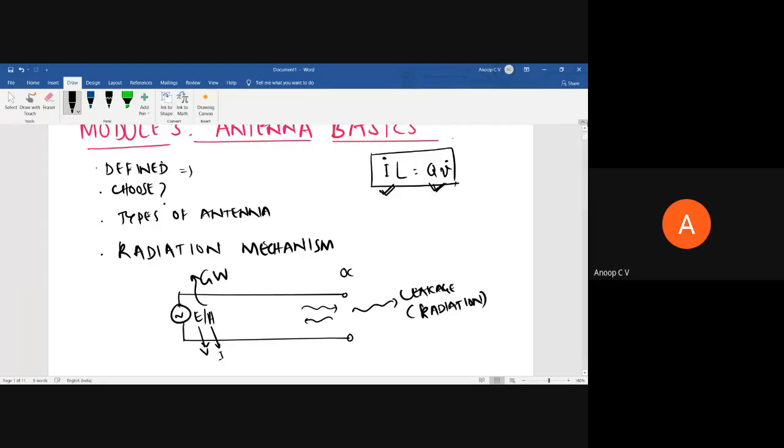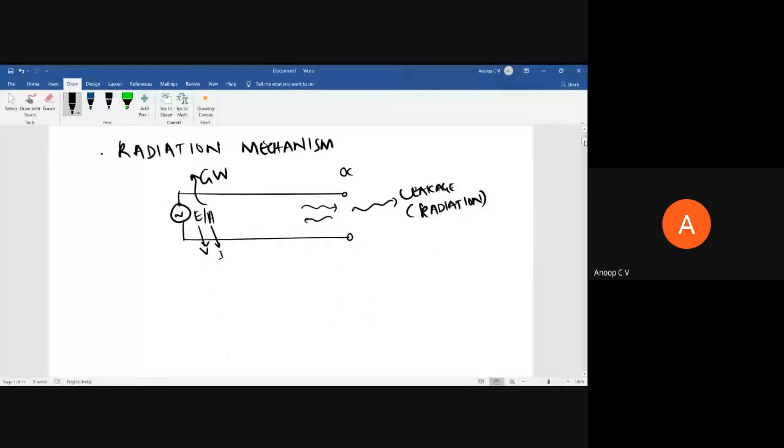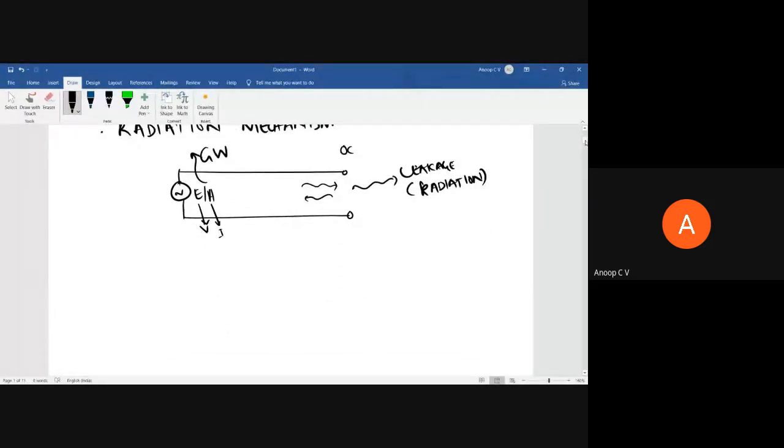So what we can do is intentionally introduce this leakage. Instead of abruptly truncating a parallel two-wire transmission line, we have seen that if you introduce a sort of flaring, or if you taper the transmission line out, it will increase the radiation. So the more the flare,